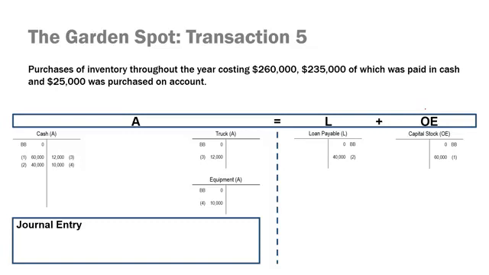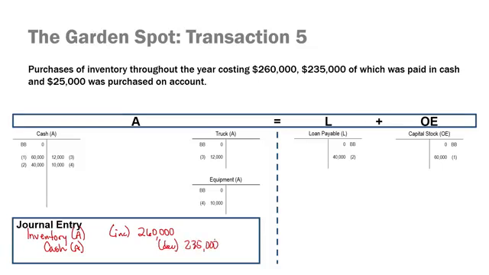What accounts are affected? Well, inventory goes up because we bought that asset. So we make a left-hand side to the inventory account, which is an asset, debit. It increases by $260,000. Cash of $235,000 was paid for this inventory, so cash decreases. So that's a right side or a credit to the cash account for